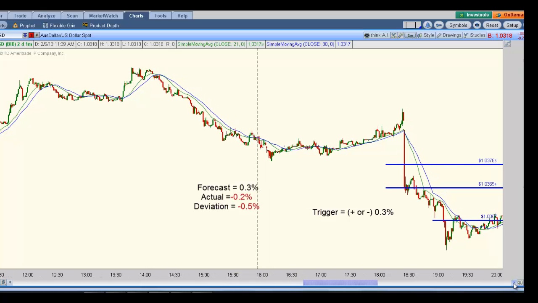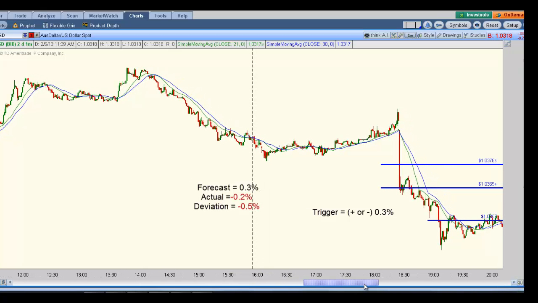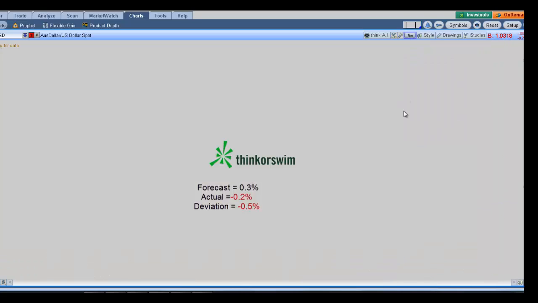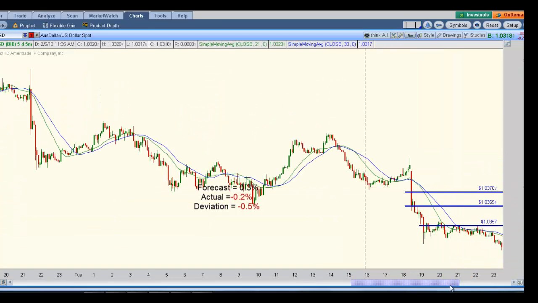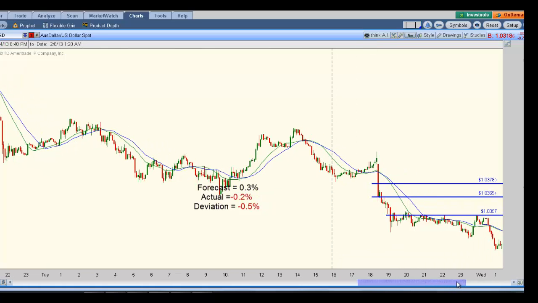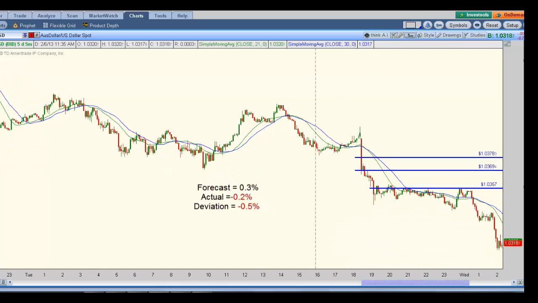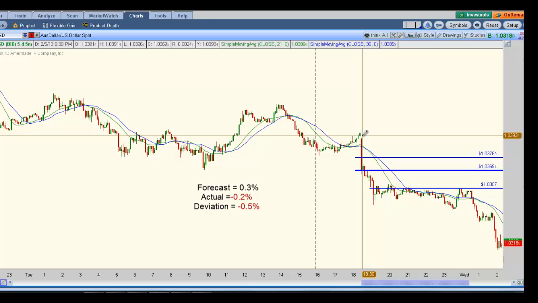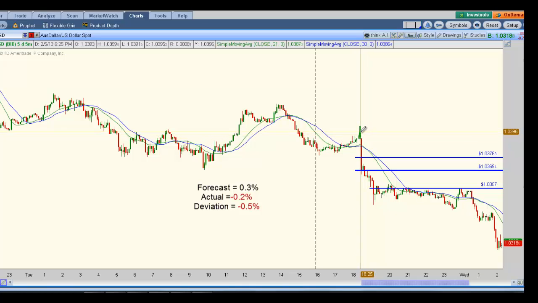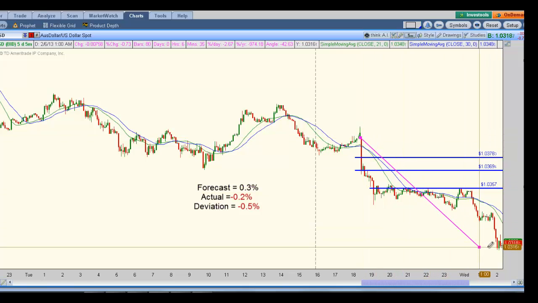When we get to the 2 o'clock, I'm going to change this now to a 5 minute chart so we can move forward and not have to drag this out too long. Let's tighten up on this, go to the 2 o'clock and draw our trend line to see if we were at a downward or an upward slope. Even without drawing the trend line it is very obvious. If we picked the pre-release price, either at the close at 18:29 or the 18:30 as the news was released and it began to drop down, and we draw our line down to the 2 o'clock open,